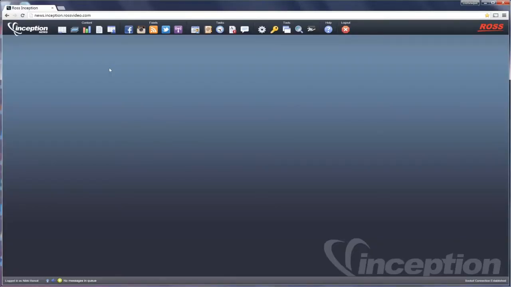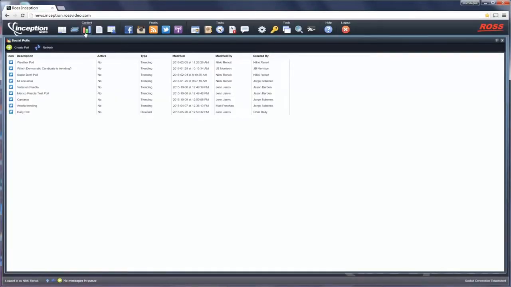Today we're taking a look at how to create social media polls. Social media polling is that third button at the top of the navigation pane that looks like a bar graph. When I click it, we open up our social poll manager. That green circle with the plus sign always means we're creating content in the system, and in this case we're